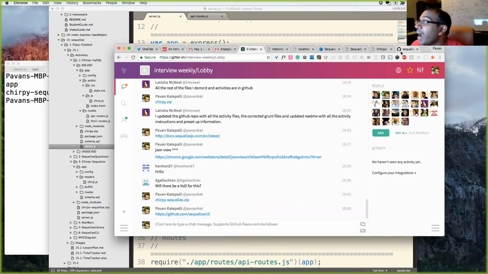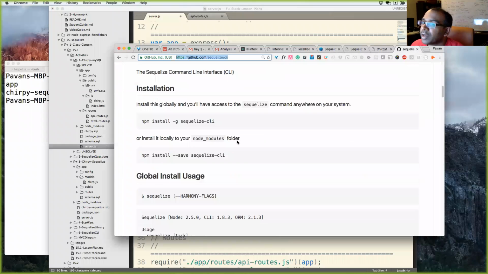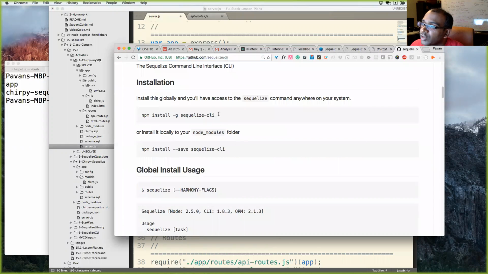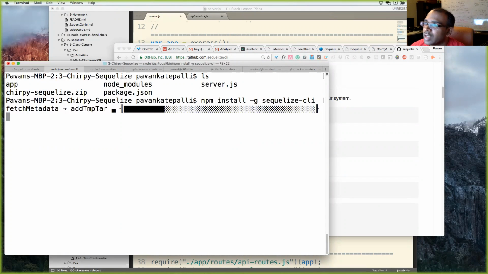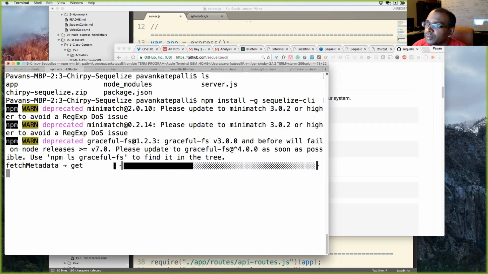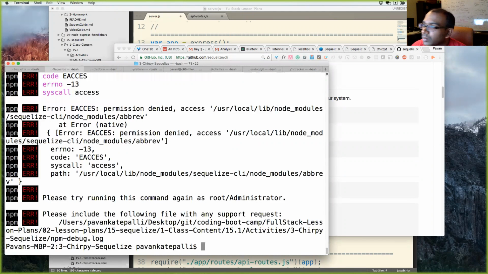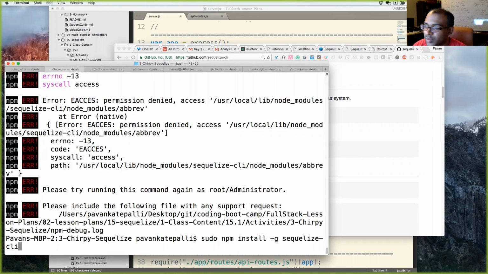It's imperative that you use this NPM package and that you probably install this globally. So if you take this and run this globally, I have it already, I believe. I'll just run it anyway, just to show you guys. It's going to install this all over your computer. And it gives me a permission denied. If you see this, then you have to run sudo and then the command right here.